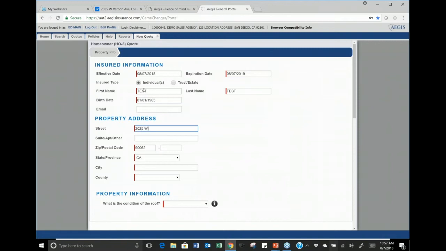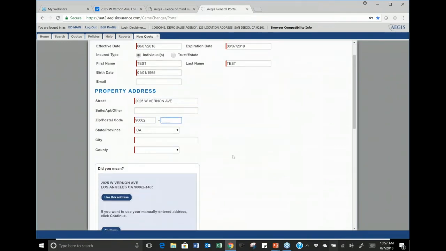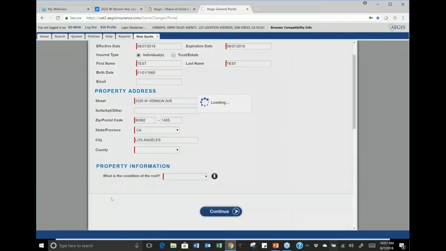All right, the address here, I'm just going to put in the street address as I already put in the zip code, tab, tab, tab. It's going to validate the address for us. You see right here, use this address. It's going to fill in the city and the county, and then it's going to ask you what is the